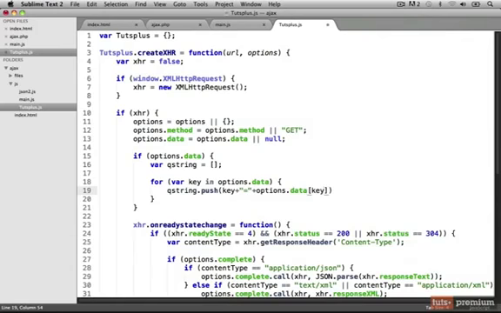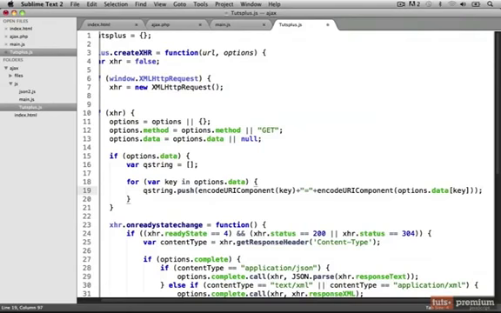key. Now when you're creating your query strings, you want to make sure to URL encode both the key and the value. So we can do that by using an encodeURIComponent method. We use encodeURIComponent and just pass the key into it. And then we do the same thing for the value. encodeURIComponent and pass the value into that. And that will take all of our data, create a string out of it, and stick it into our QString